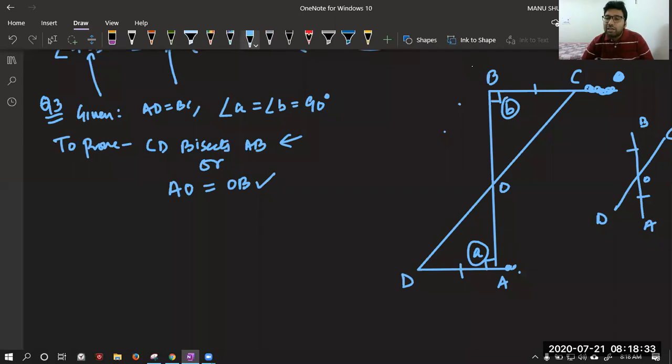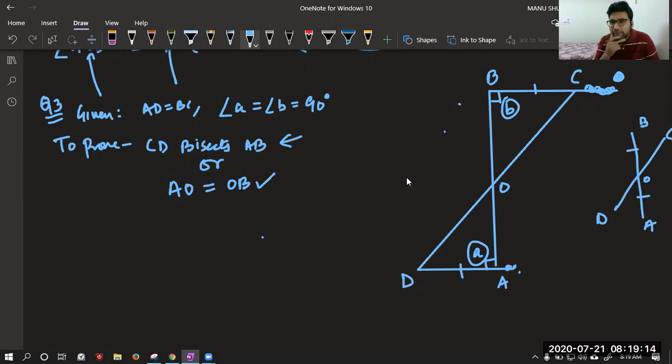Vertically opposite. But do you know, we have studied only two criteria till now. We have studied SAS and ASA. All of you are saying vertically opposite angles, and that is correct. BC is parallel to AD, Utkarsh. Okay. Yes, beta Khushi, the double AS criteria is used, but we have not studied double AS till now. How can you use that? Although you all are correct, I still want to show you one different part.